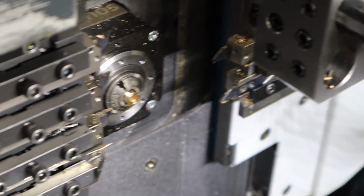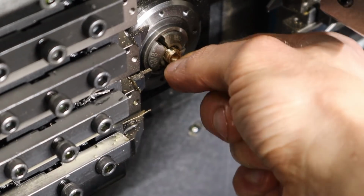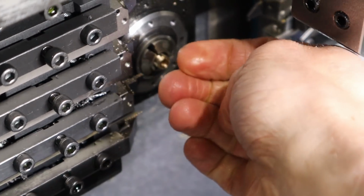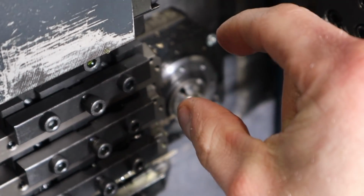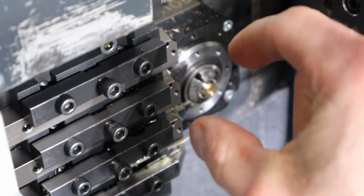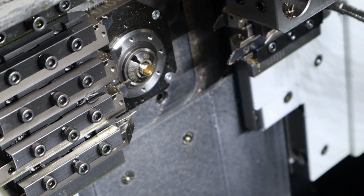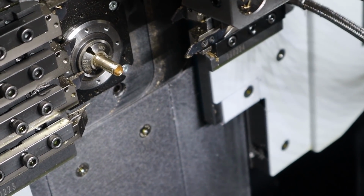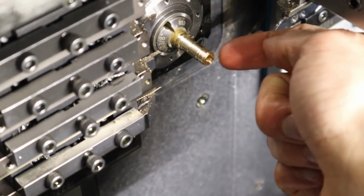Made some good progress, except I had a first. So the part wiggles now. What happened is it actually fell out the back of the guide bushing. The guide bushing can only support it for this long, and the part is this long. So let's see if I can bring it forward. Careful, careful. There we go. So I turned the whole diameter,